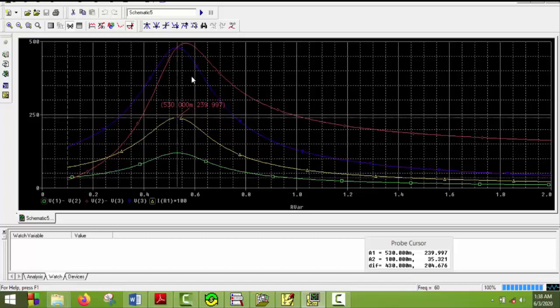and in the mathematical calculation we also got something like this, 0.5 Henry, and the smaller the increment would be, the more accurate the result would be. So the results are quite similar, so the plot is also correct and the mathematical calculation was also correct. So we have completed all the tasks now. This is all.